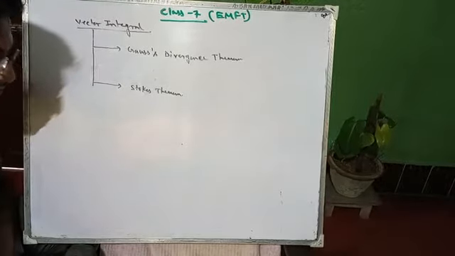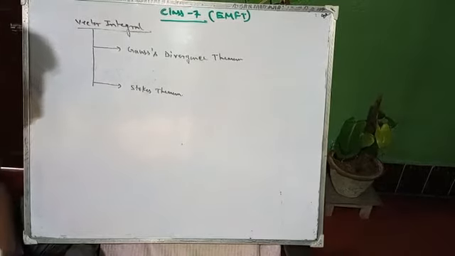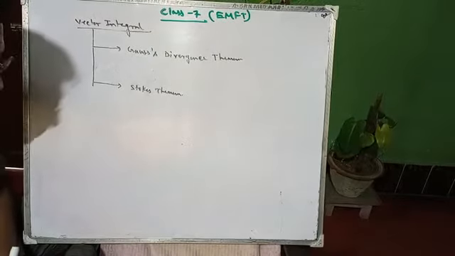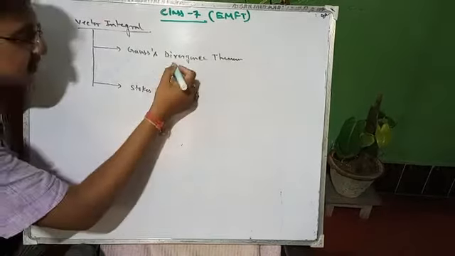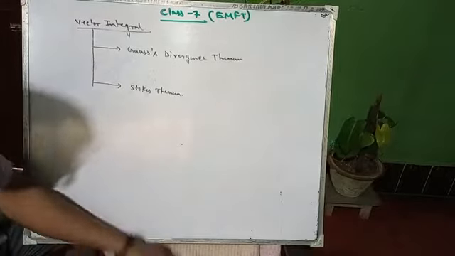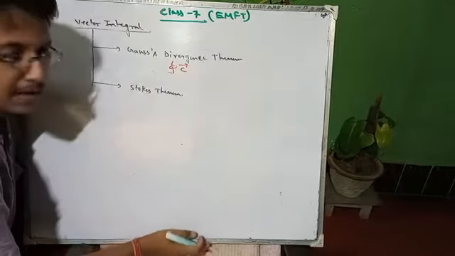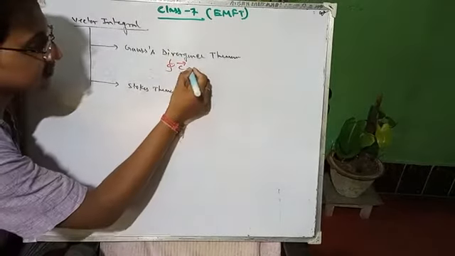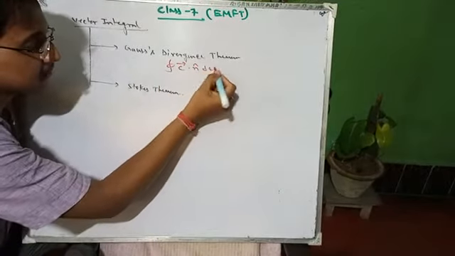So what is the statement? Again I repeat that the surface integral of the normal component of an arbitrary vector field over a closed surface is equal to the integral of the divergence of the vector over the volume interior to the surface. Now I am writing this equation. Suppose I am taking an arbitrary C vector, and the C vector over a closed surface, integration over ds.